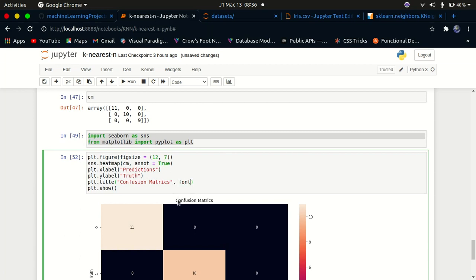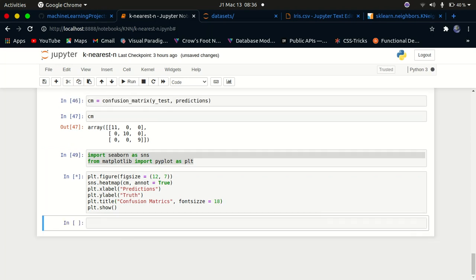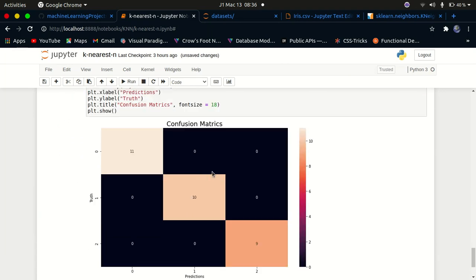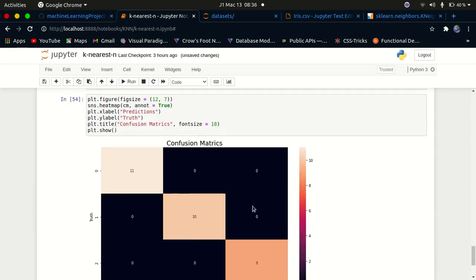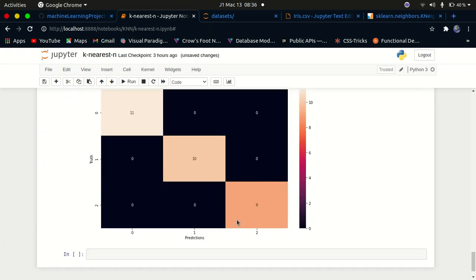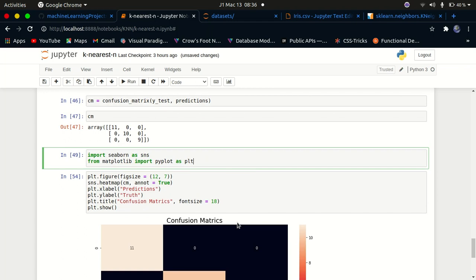So you can say font size, let's say font size of 18, and then we can run that. So I got an error. Is it font size? Okay, there's one, just like that, and you can see we have the confusion matrix right there. So you can go ahead and actually play with these graphs and stuff like that. I have a whole series on data visualization on my tutorial on my YouTube channel, so you can go ahead